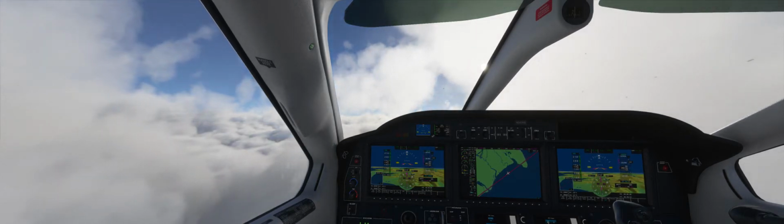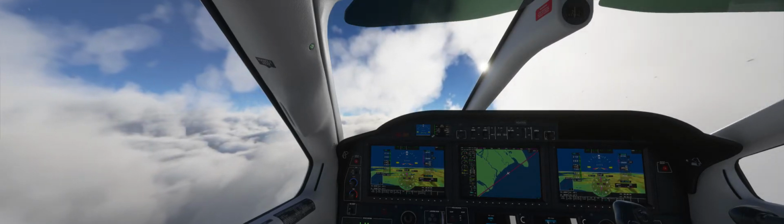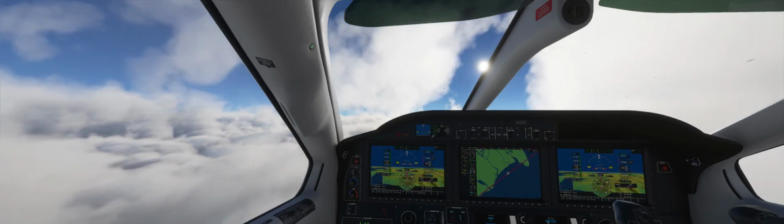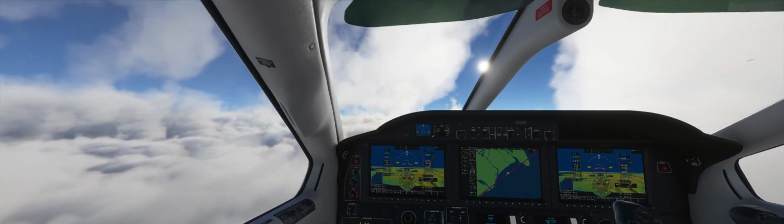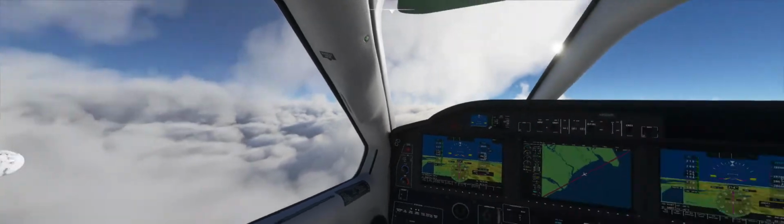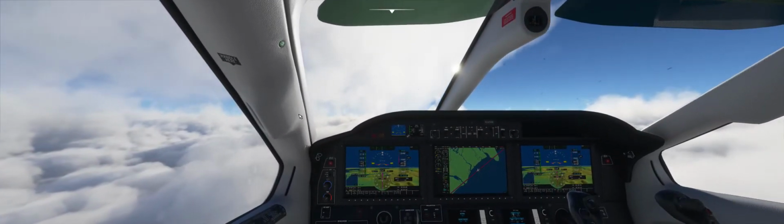That is so frustrating. I mean, I put so much effort and time into prepping for the takeoff and setup and flight plans and this and that and the other, and then just to have it drop to the desktop for no particular reason. It's very frustrating. I also had to do something on this one that I've never done before. The flight we're taking from Anchorage to Dutch Harbor